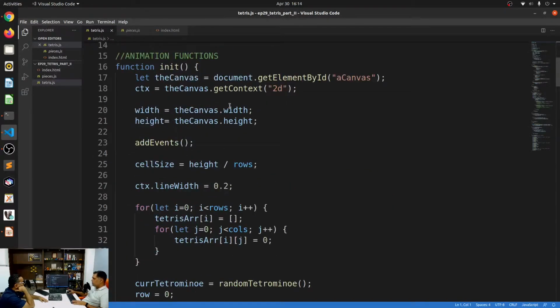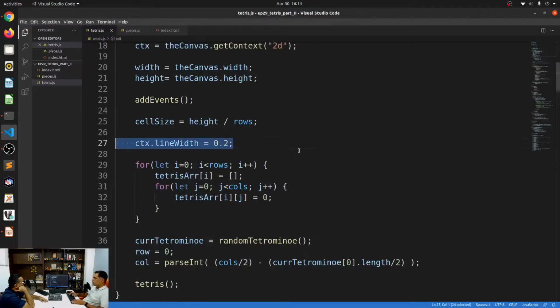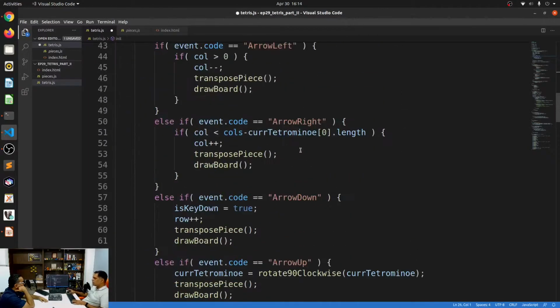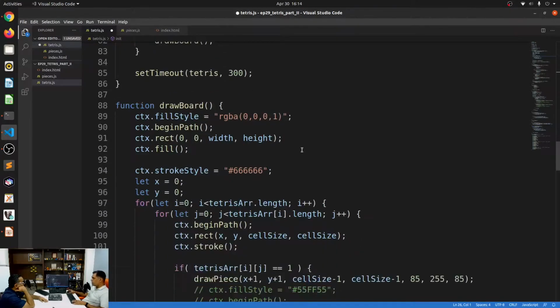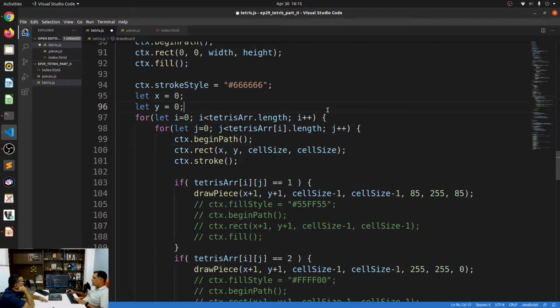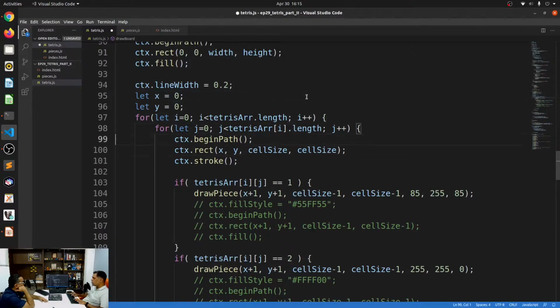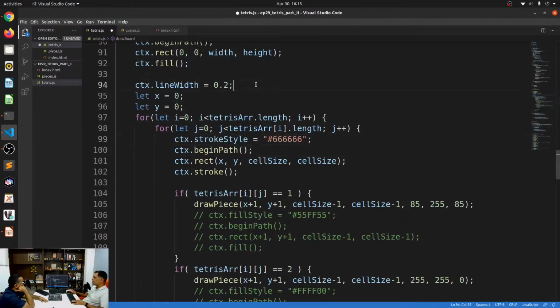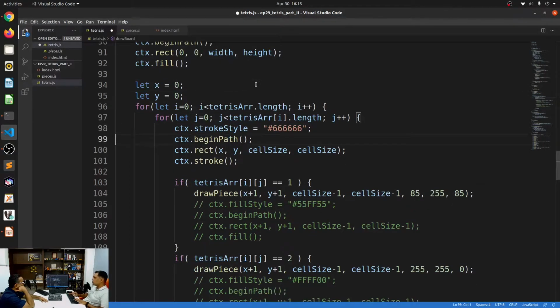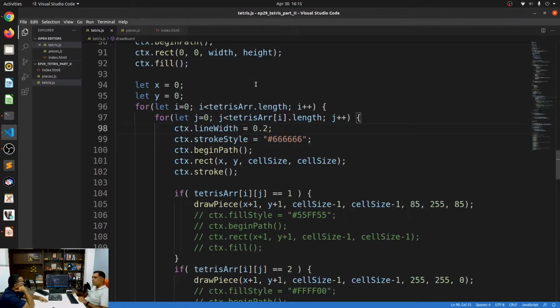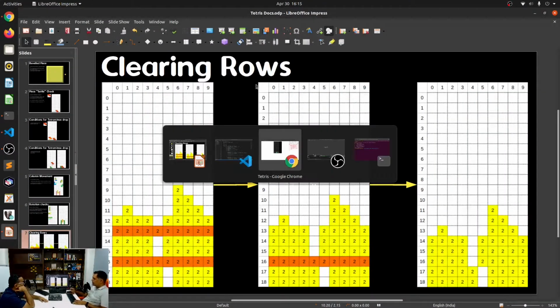So we did this line width is equal to 0.2 in the init function, but we no longer have to keep it there. So this is the rect. And we can just do it over here. So that it will have this one, and then it will have the stroke style as well. Oh, you know what? I need to reset the stroke style every time it needs to do this. Yes. And the line width also. Not just once, but I need to do it every time it needs to draw this one. So let's just go back.